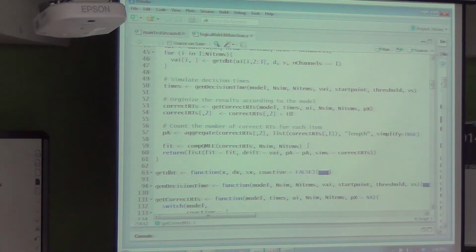Because I'm trying to stay somewhat close to the logical rule models paper, we use the quantile maximum likelihood estimate, which isn't really a likelihood at all, but it functions much like a likelihood. The way it works is you take your data and carve it up into quantiles, so we find the 10% RT, the 30%, 50%, 70%, and 90% RT, and then we take our samples and see which bin they fall into between those RTs.